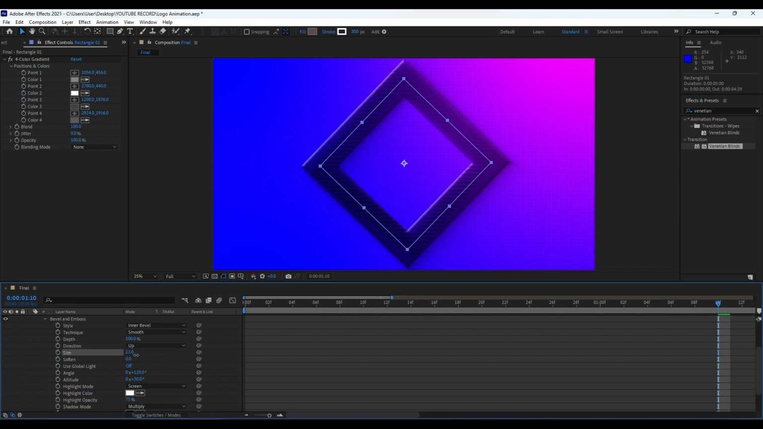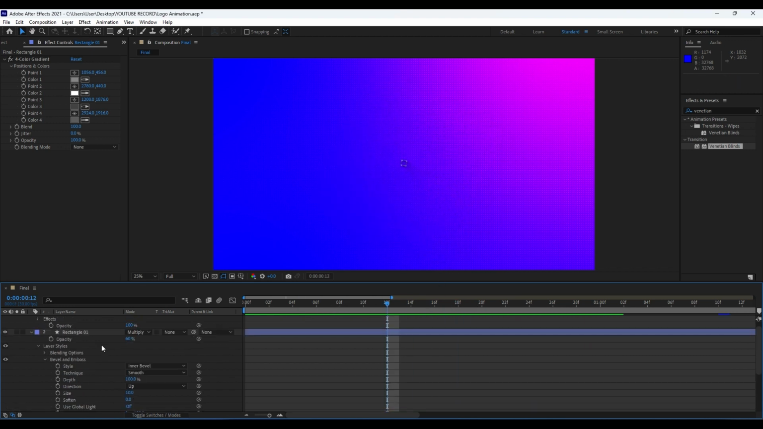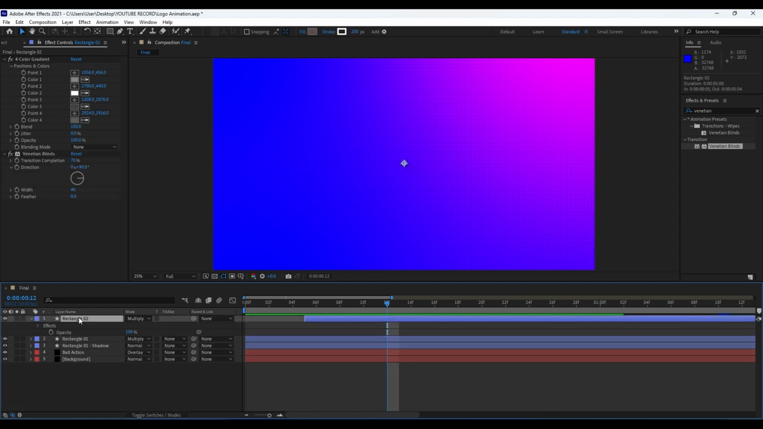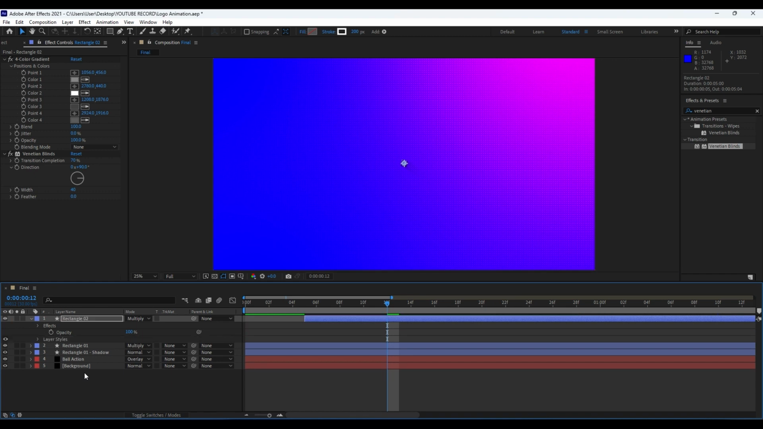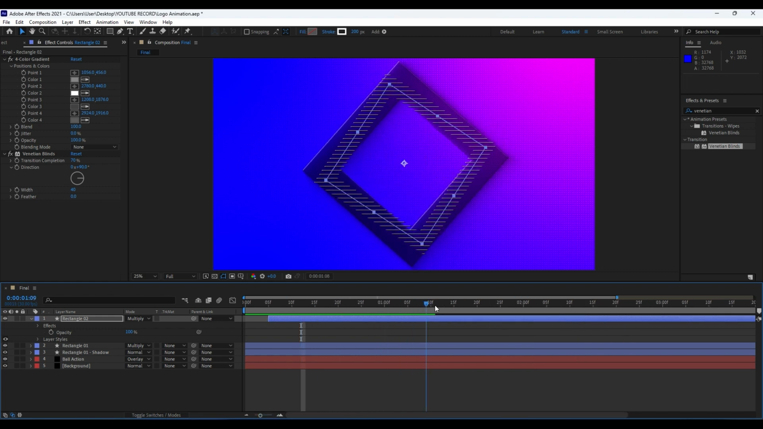You can crank up this size, also play around with the option, direction up or down according to your needs. I will leave this to up, size maybe to around 10. Also you can play around with the angle, attitude, and so on. Now when we hit 0 we have this really cool animation in our finals. Also hit Ctrl+C to copy this bevel and emboss and paste it here for our rectangle 02. Also when we hit 0, as you can see, bevel and emboss has been already applied also on our second